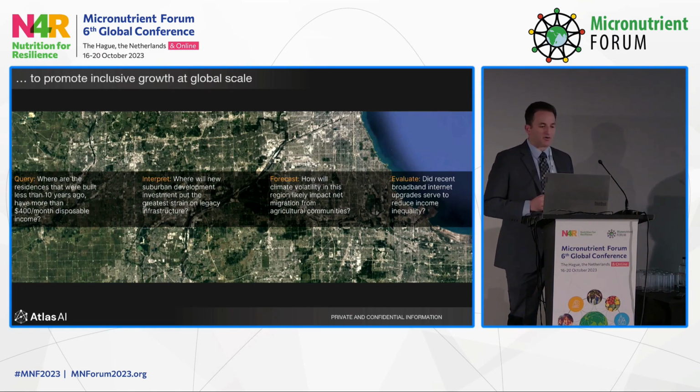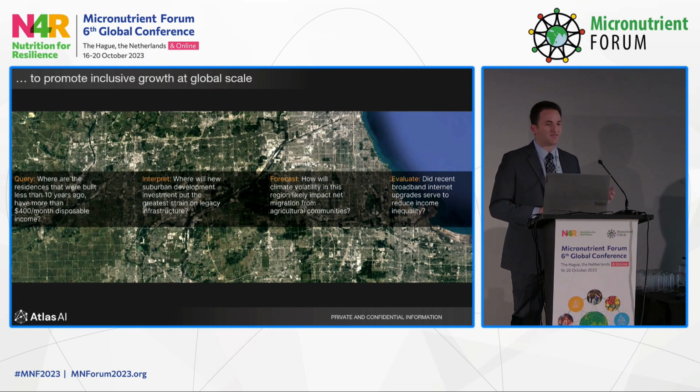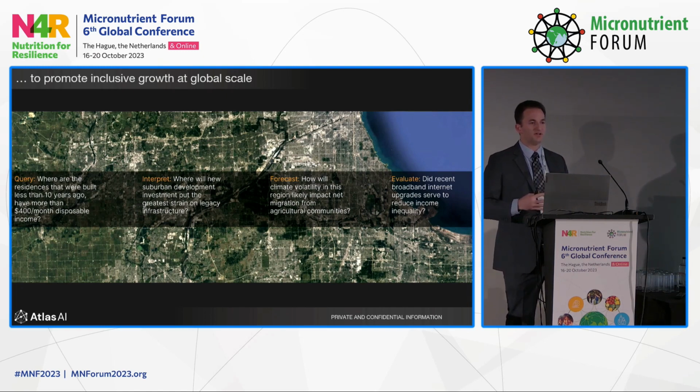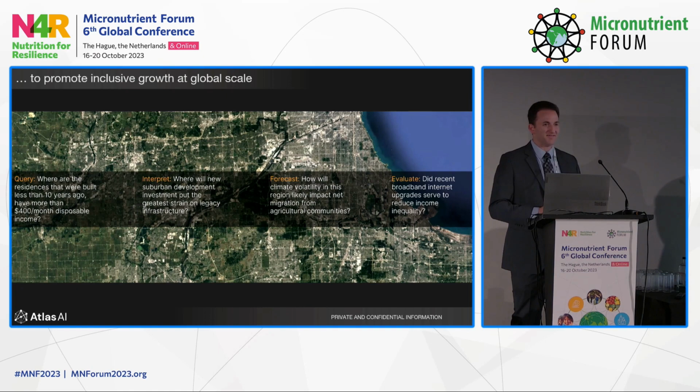What we find is that our partners who are using this information are typically trying to answer one of 4 questions. At the most basic level, a question about querying the information to find locations of interest. So how do we, across all of the different subsets of information being captured, find locations that meet our criteria in terms of levels of poverty, recency of energy access, proximity to key markets, or the like. The second indicator, which I'll talk more about throughout the rest of this presentation, focuses on modeling how this data can act as a predictor of downstream indicators of risk and vulnerability or of opportunity to expand investment.